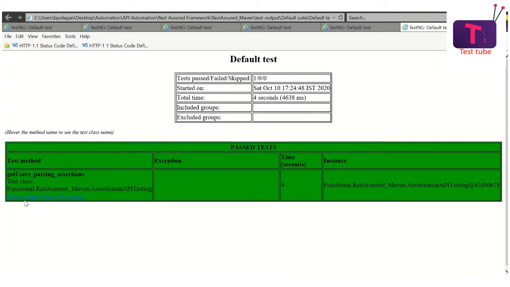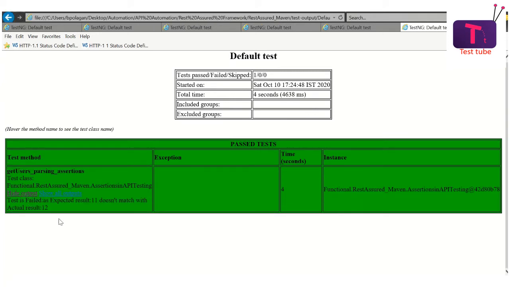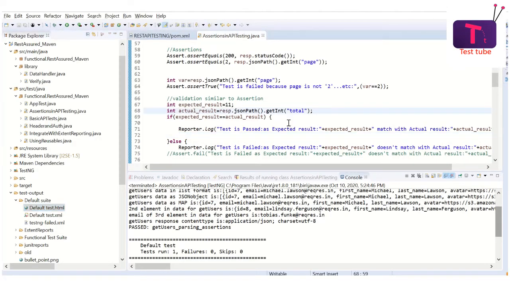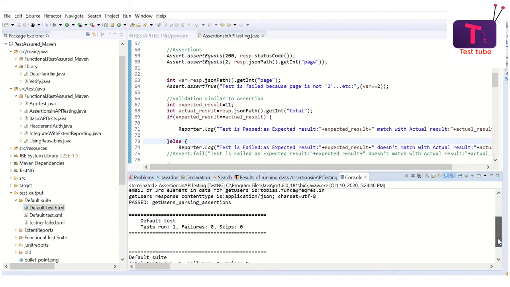Here also you see that it is passed, but the logs are saying that the test case is failed because the expected result is 11, which is not matching with the actual result 12. All right, so let us try to understand what happened. It has executed this statement that the test case is failed, but it didn't mark the test case as failed. That's what has happened, right?